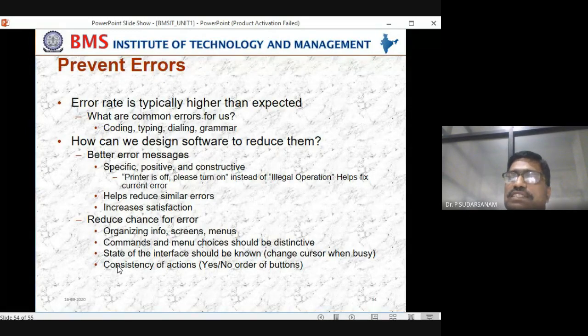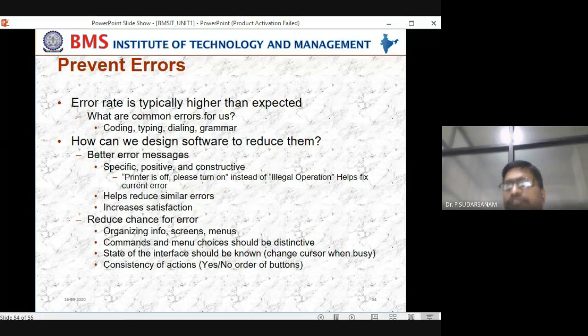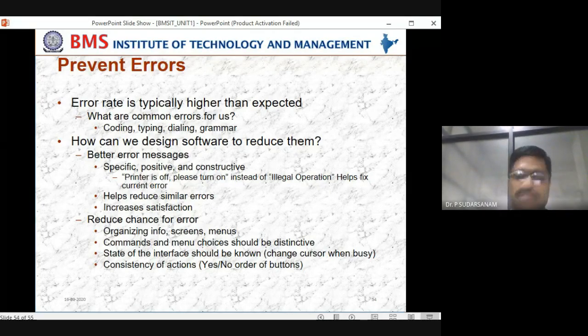Whenever the customer enters characters, a message box should come saying to enter only numbers, and the program should not be allowed to process. You have to do it in such a way. That is how you prevent and identify the errors. Not only that, there are coding and typing errors too. All these should be identified, and how to identify them is what we are discussing.